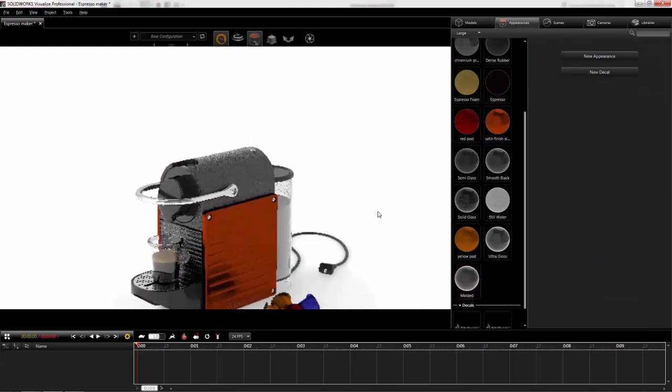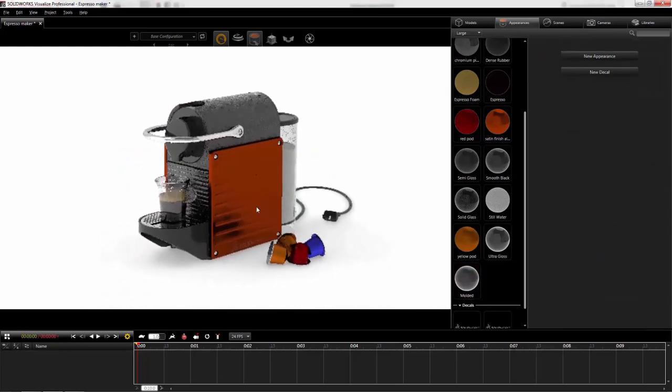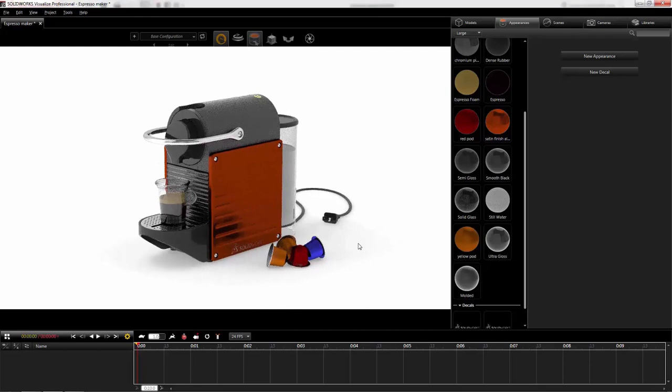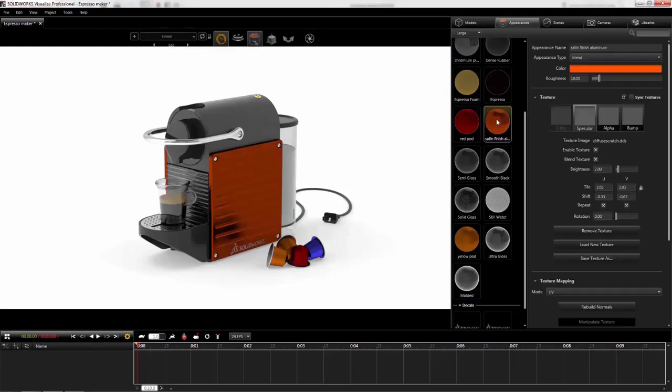Now that we're done prepping our product, nothing makes your customers happier than options. One of the powerful features of SOLIDWORKS Visualize Professional is its ability to capture snapshots of the options you want to showcase. These are called configurations. Not only can you configure appearances, but you can also configure scenes, cameras, and part visibility, giving you several options